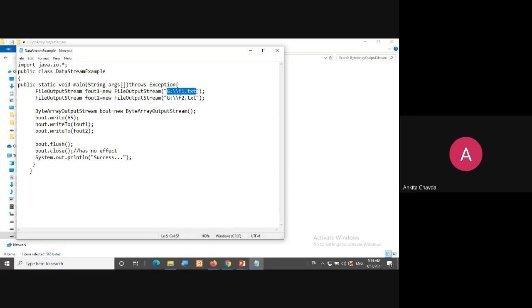So it will be written into f1.txt. The same data I am writing to f2.txt, and then I'm flushing this byte array output stream and closing it, though it doesn't have any kind of effect. But still, you can write this. You are closing the stream, and finally you are writing success, so we will know that my file has been written successfully.